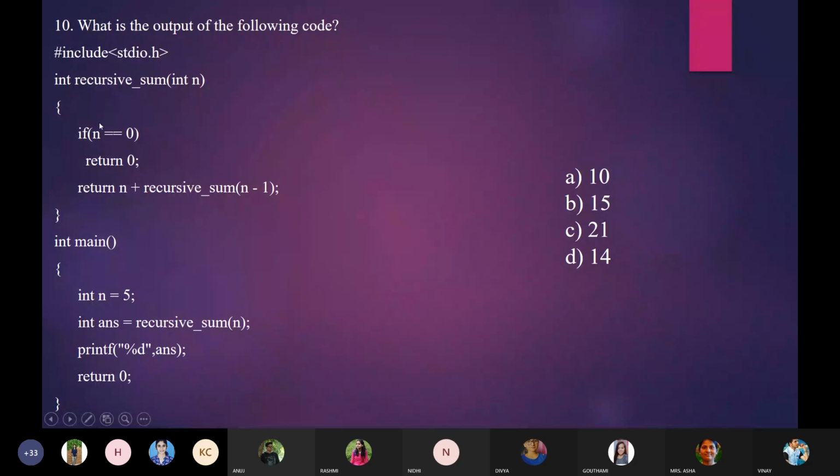If n value is 2, 2 equals 0 means false. Then the control comes to return n, 1 plus recursiveSum of 1 minus 1, 0. Return 0, the condition is true. Then it means 0.